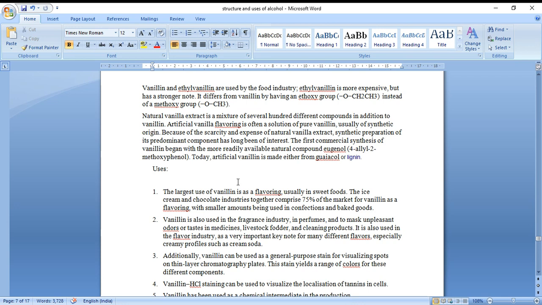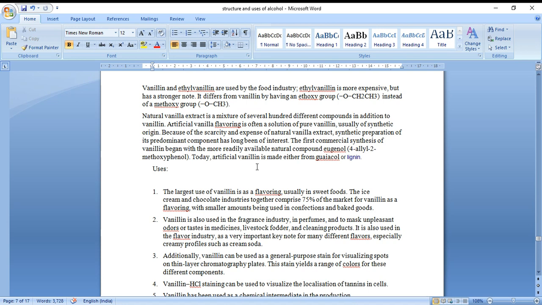For example, if I say paraldehyde, paraldehyde cannot be used as a flavoring agent, isn't it? So if you think okay, no problem, I can write it as a flavoring agent, don't think like that. You can write almost nearer to that use, but don't write that vanillin can be used as an antidepressant agent. This can be used as hypnotic and sedative. So don't write it like that.